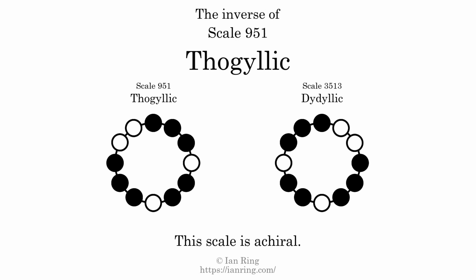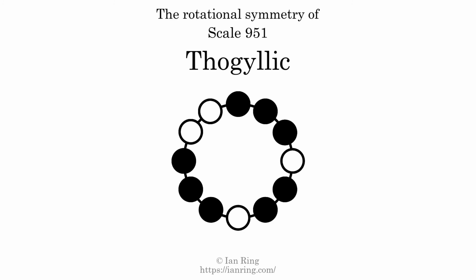The inverse of a scale is a mirror image. It is what you get when the sequence of intervals is reversed. The inverse of this scale is scale 3513, also known as Thogyllic. This scale is achiral, since it can transform into its own reflection by a rotational transformation. This scale has no rotational symmetry. For even more detail about this scale, visit